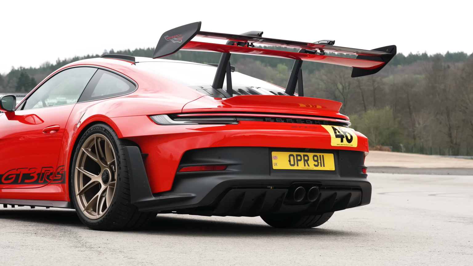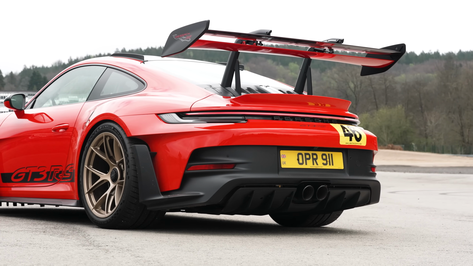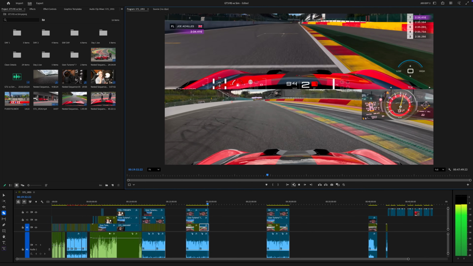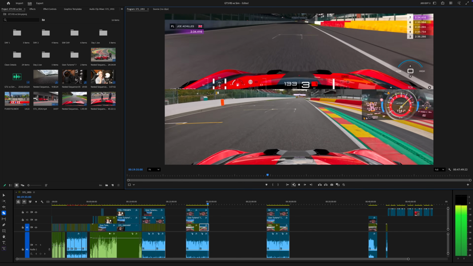Also, the GT3 RS has a fabulous NA 4-litre flat 6 that has all of its power, all of its torque up in the rev range, let's say 6,000 to 9,000. And at the apex there, I'm at about 4,500. When you add in a slide, the whole car just bogged down a little bit, and yeah, we lost a chunk of time there. As you'll see, when we cross the finish line,